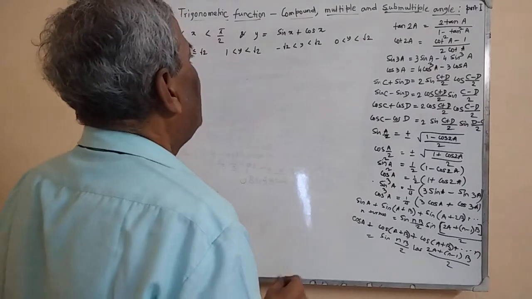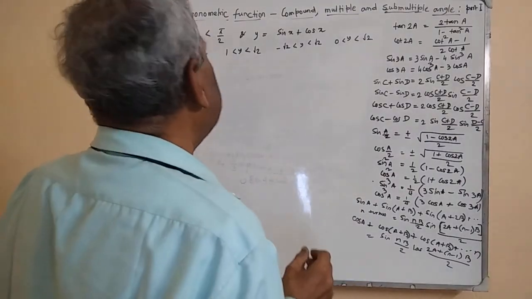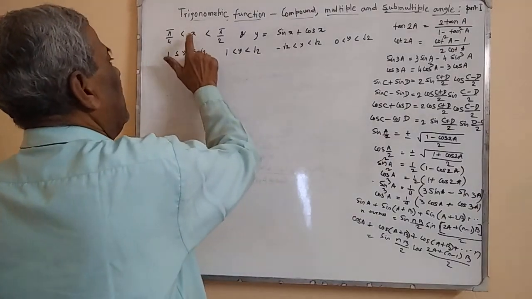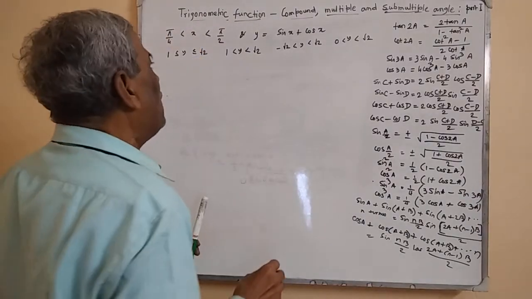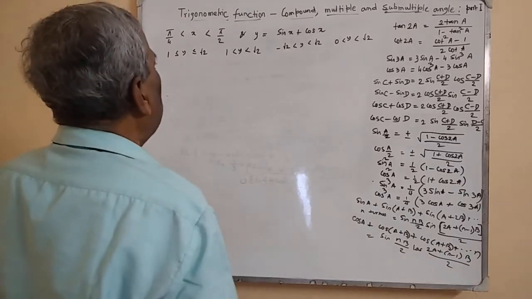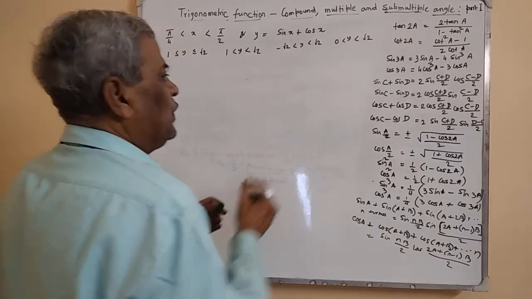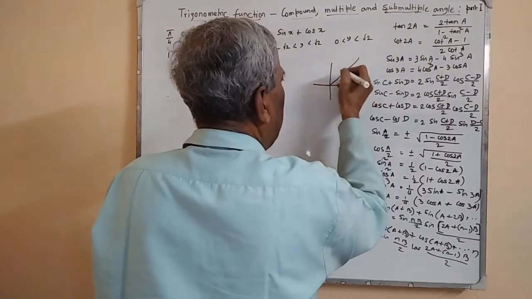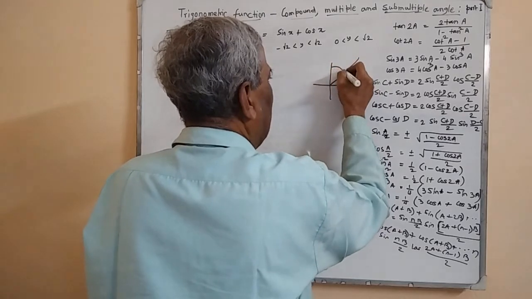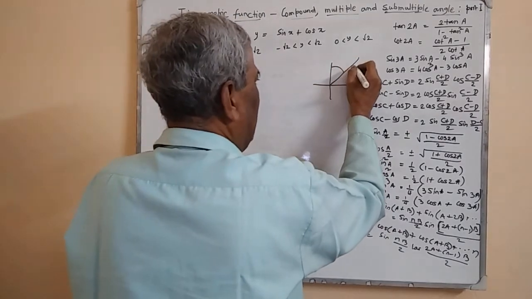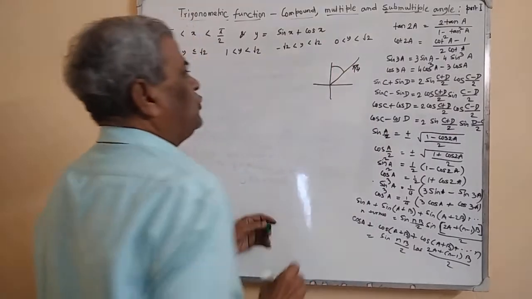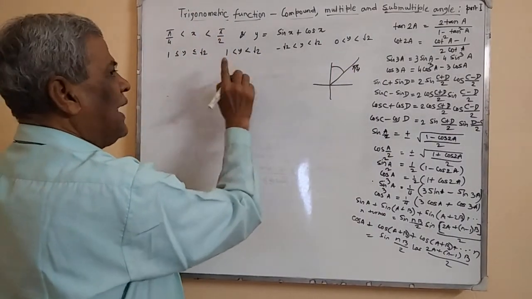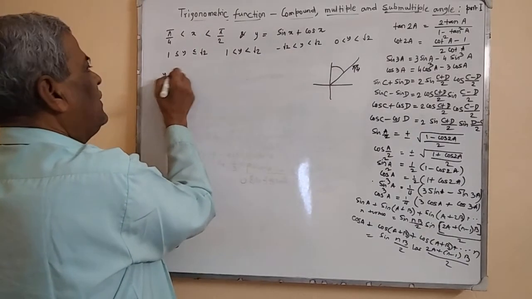So that problem is very simple, but mind that one thing is there. The limit of x is given, it lies between pi by 4 and pi by 2. So it lies within that range, pi by 4 to pi by 2. So actually we have to calculate the limit of y. Y is equal to,